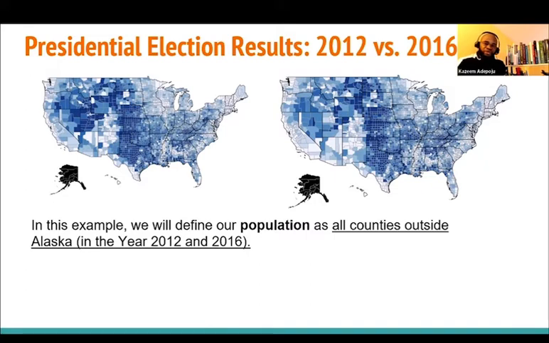We want to build a linear regression model, and it's actually going to be a population linear regression model because we are using virtually all counties in the United States of America. We know the one that is excluded is a county in Alaska. Take a look at that, and that is why we call it a population model.